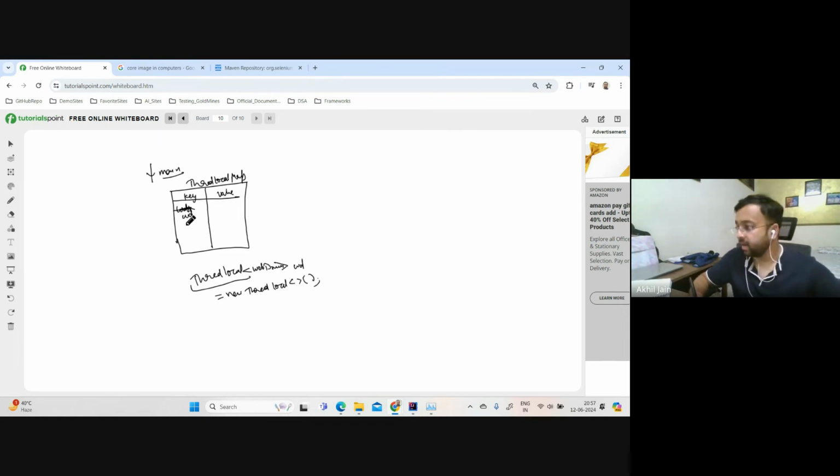So it made an entry here. When you say WD dot set, let me say thread local. Okay, let's say WD only. WD, and if I just set here, it needs an input of what type? It needs an input of Chrome driver type. So whenever you do this, new Chrome driver,